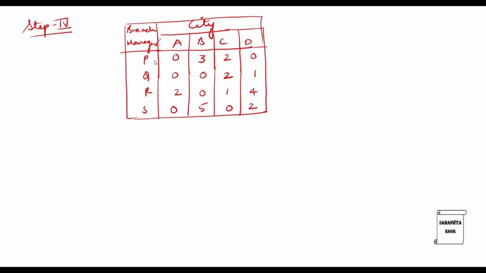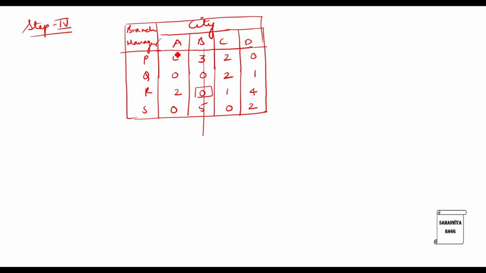Now you will have to do a quick row and column scanning for at least 1 0 in each of them, which is available. So I'll again go for an allocation and I'll see if I get 4 allocations this time. We'll start with the first row, 2 zeros, skip the row. Second row has 2 zeros, skip the row. Go to the third one, only 1 0 is available, so allocate and cancel out the corresponding column. Last I'll go to the fourth row, 2 zeros, so again skip it.